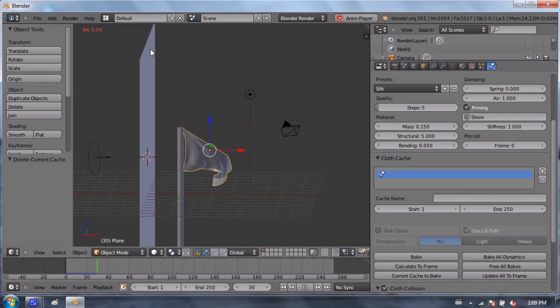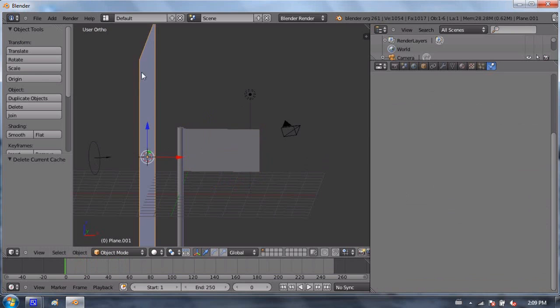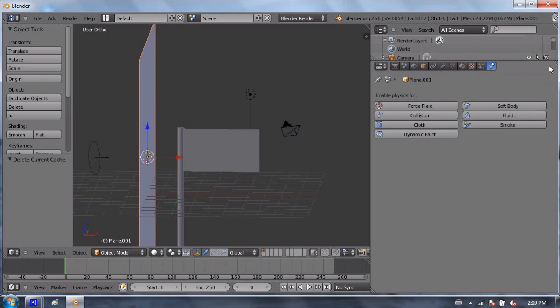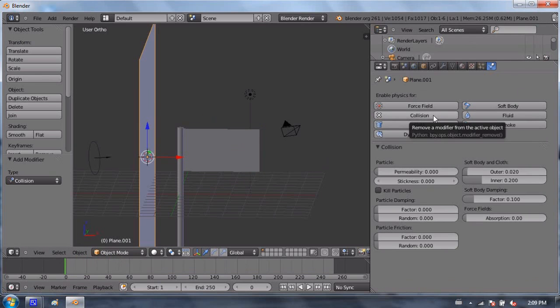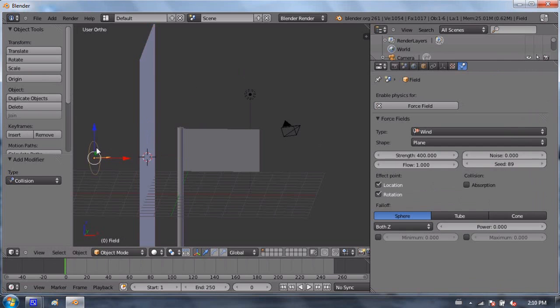and that's because we haven't told this plane to collide or block the wind. Now, if I select that plane, and I'm going to actually give it a collision object, and you'll see that under the collision options for that object, you can change the absorption for force fields, and that means that it'll actually absorb any forces that you have in your scene. So right now, because the wind is on that side of the force field, if I press Alt-A, it should... No, on the wind I also need to select absorption under the physics tab, so it'll actually account for objects that are absorbing its force.